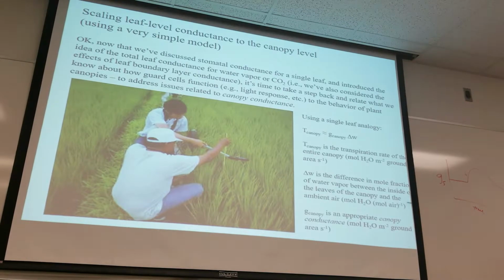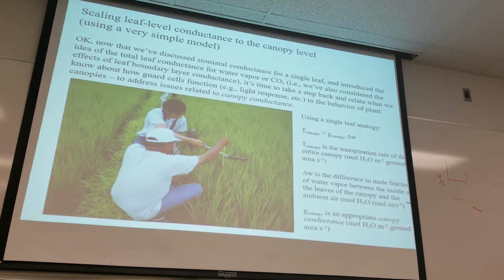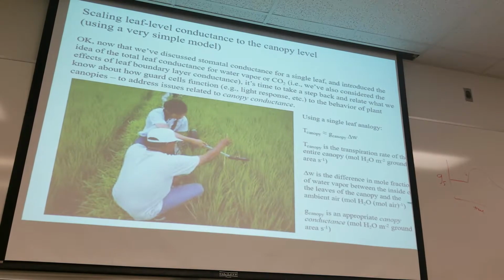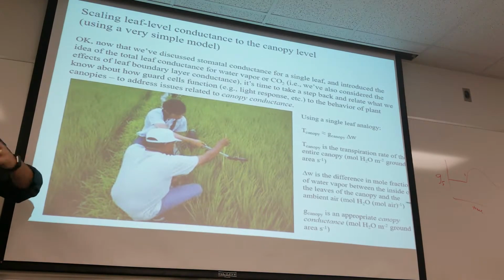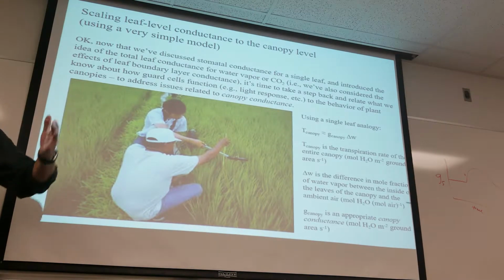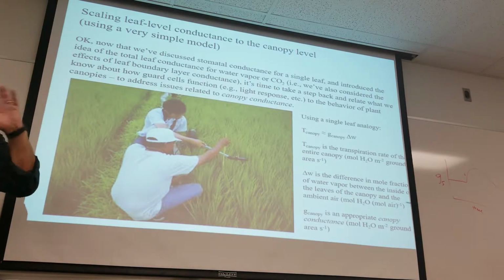can take what we know at the level of the guard cells in the stomata, or on a leaf basis, or on a piece of a leaf basis. If we know the environmental conditions that regulate stomatal conductance there, that gives us some insight into what happens at the canopy level for canopy stomatal conductance and canopy water use. So that's the main reason that I go through this exercise,